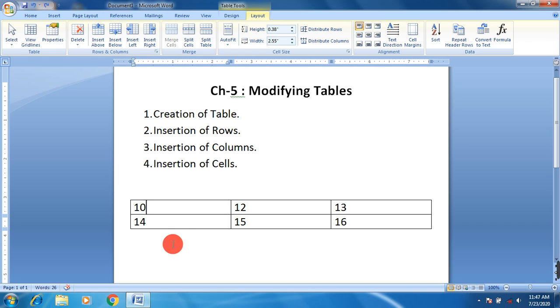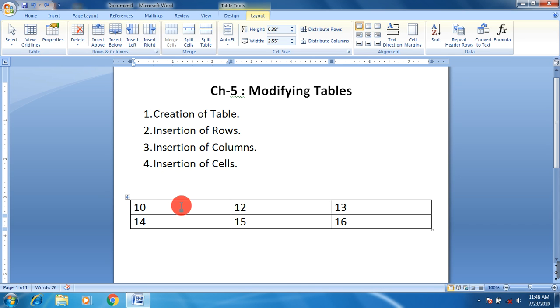Now I'm going to show you how to insert columns. I have already told you insert left and insert right will be used to insert columns. Again in the same way, if you choose left, a new column will appear to the left part of the current selected cell, and if you choose insert right, then a new column will be inserted in right part of the selected cell.